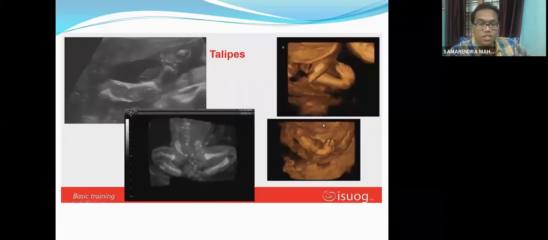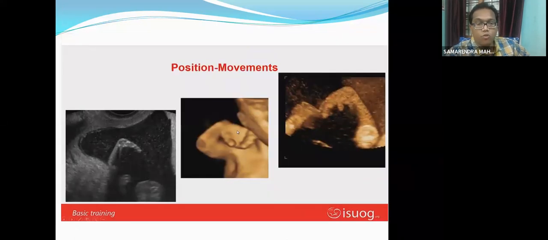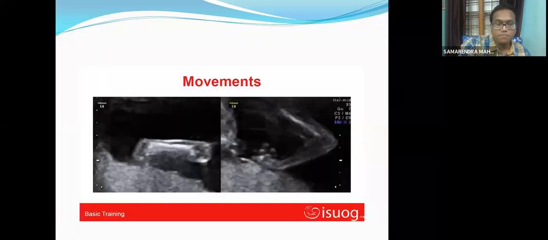It is the other images of the claw foot, the images are. Now the position, the movement. In every baby, we should examine for the movement of the limbs, because for movement,